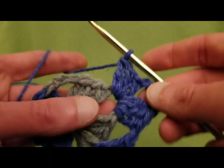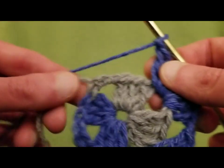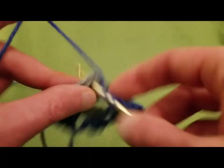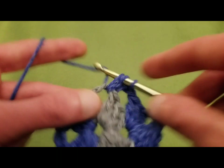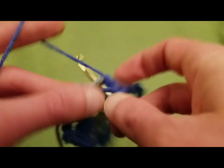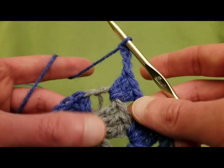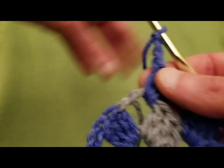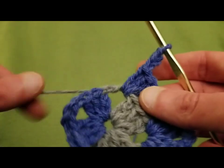Like so. Chain 1, and into the next corner space, 3 double crochets, chain 3, and now we have to swap yarns again. So, again, scooching the blue over and away, drop that blue, pick up the gray,